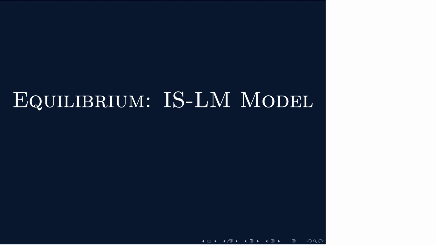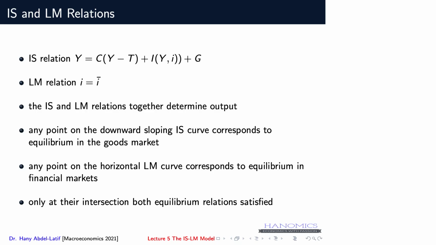Now, bringing these two together: the IS relation depends on disposable income, and I, which depends on Y and i, the interest rate, plus G. We continue to treat G, government spending, as an exogenous variable. On the other side,